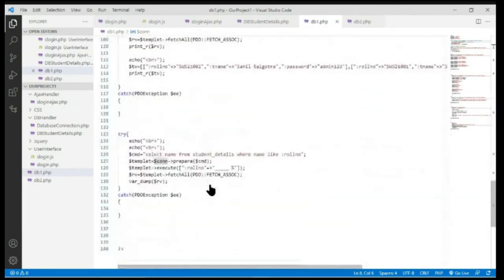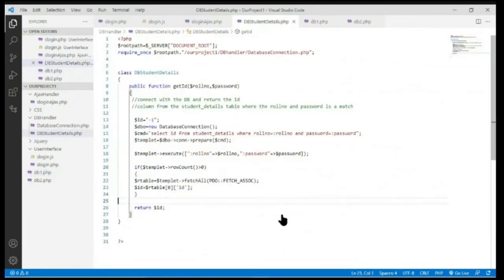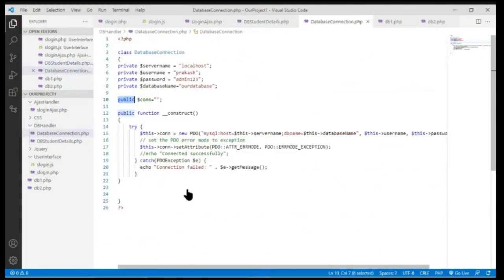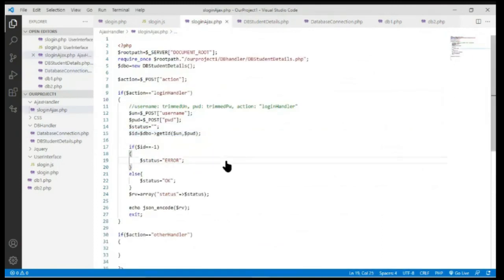Okay, so that's all more or less. And then this is the content of db student. This is the content of db connection, and this is the content of slogin as x.php. Now